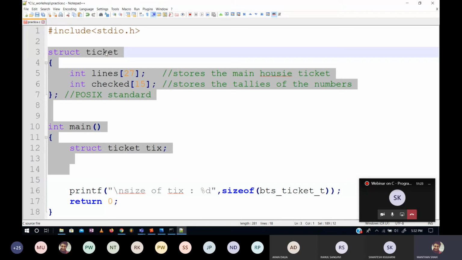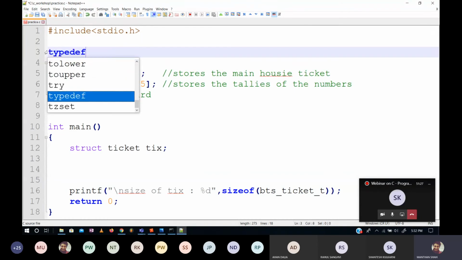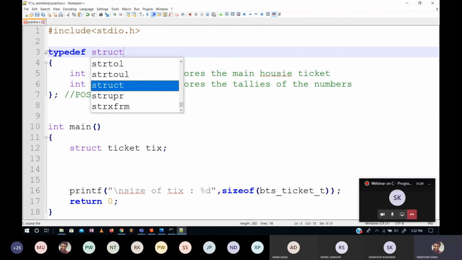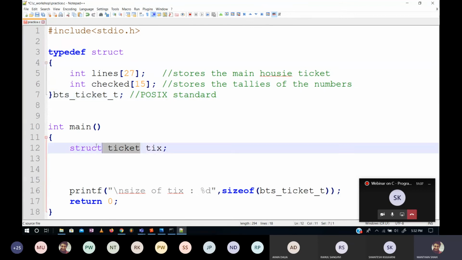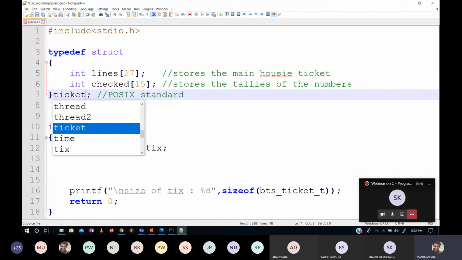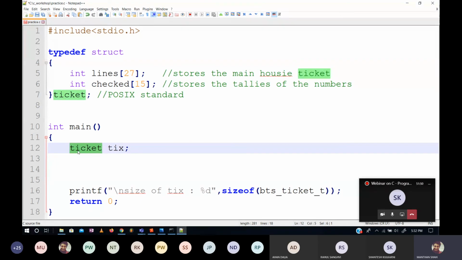Similarly, I can do the same for structures also. So if I use typedef struct, what will happen is कल को instead of writing this whole लंबा struct space ticket, इससे अच्छा यहाँ पे जो मैंने लिखा है ना, if I write ticket, तो मेरे को struct लिखने का गरज नहीं है. This is now aliased into the structure. समझा क्या?